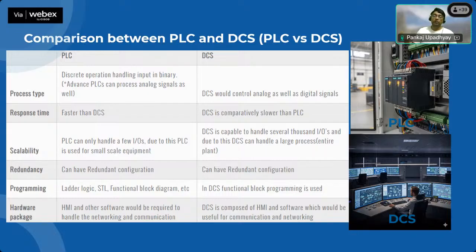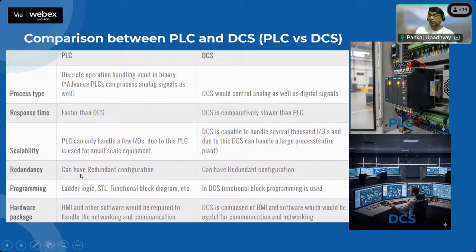So it's totally based on the requirement of the OT, how big the plant is, and whether they need to use PLCs or DCS. In those terms we decide what kind of solution to use. PLC is for the small plant, for small operations. But if you want to use multiple IOs and send multiple commands to different operations, then the DCS will come into the picture. Okay.